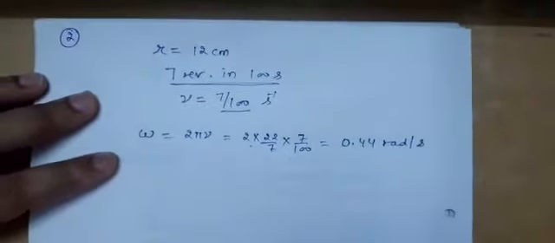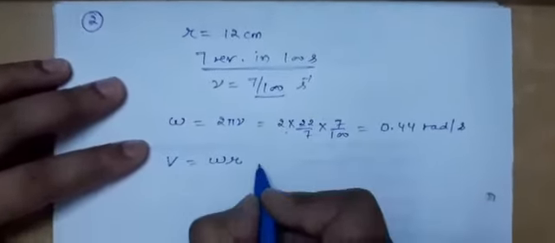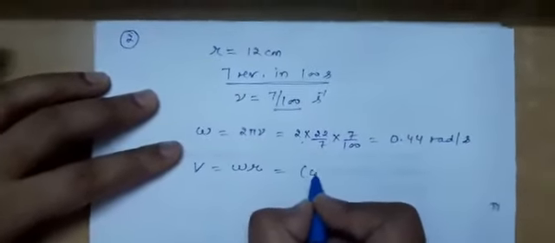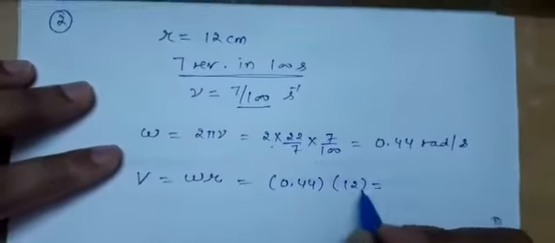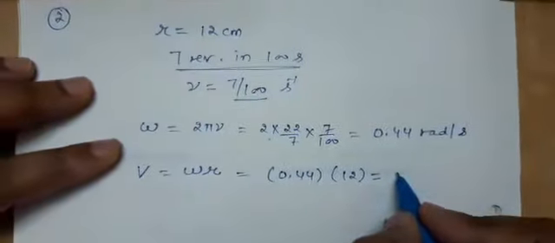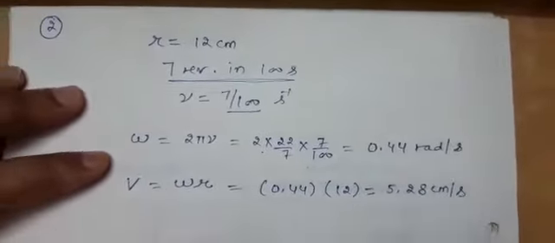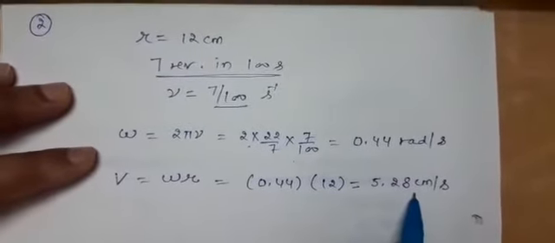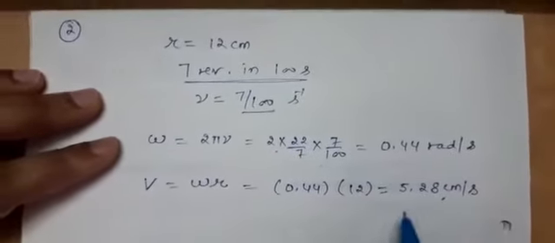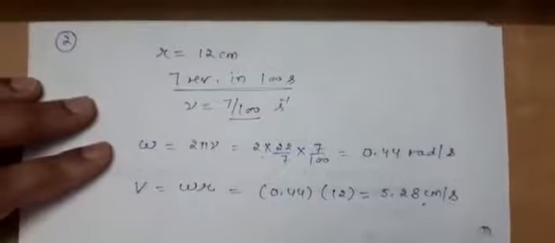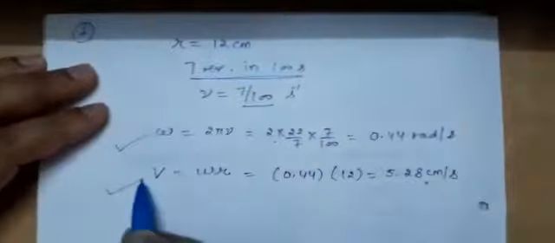This is the angular speed. Now linear speed: v equals omega into r. Here the radius is given and omega we have calculated, 0.44 into 12. Because the radius is in centimeter, I am not converting it, and it will come out to be 5.28 centimeter per second. It's your choice, if you want to convert it to meter you can, but there is no use of changing it to meter, because all other given factors are not affected by change of unit. So first of all, we have calculated angular speed and linear speed.